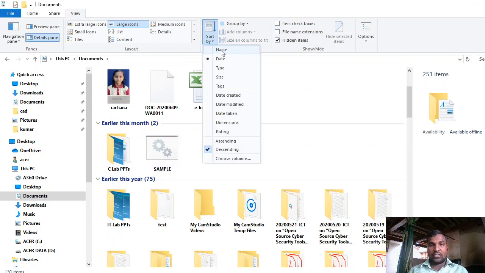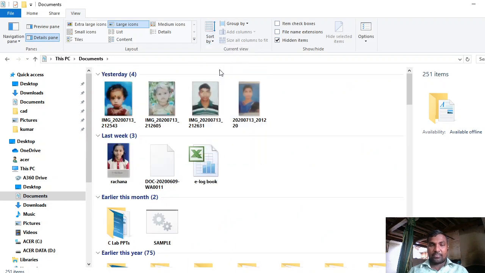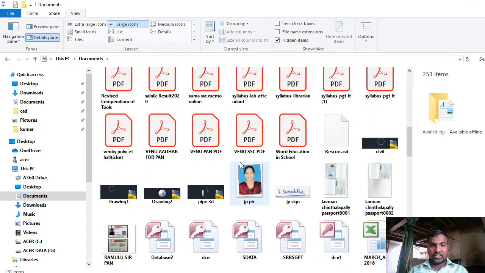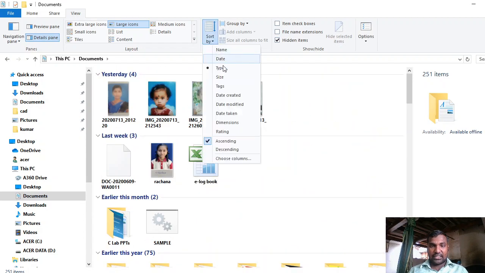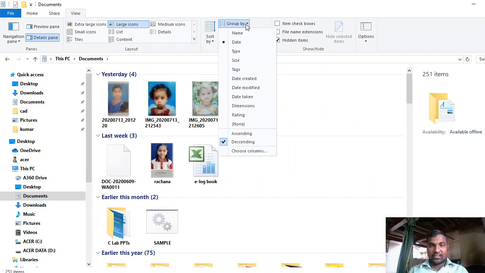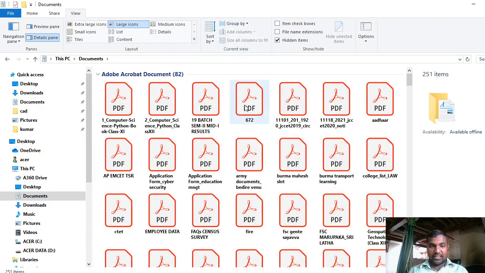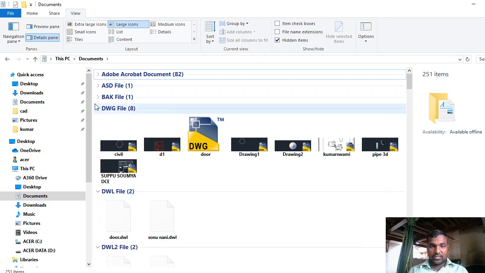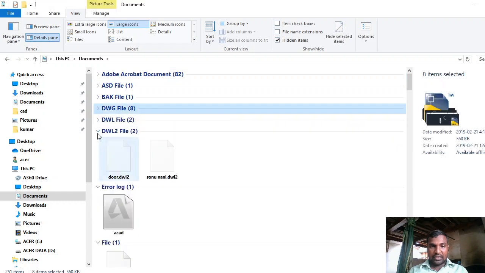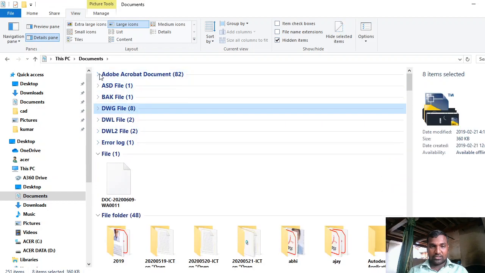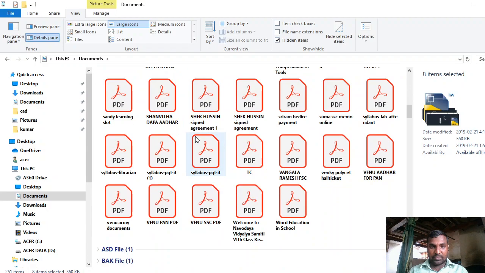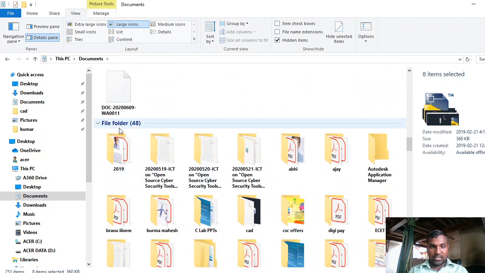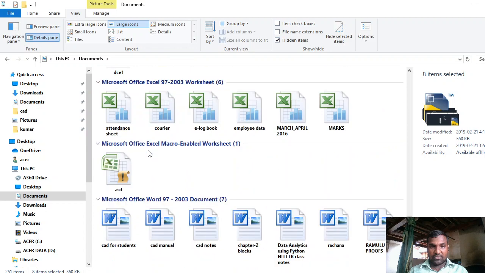Now I want to sort. Sort by what? Sort by type. Then all the files and folders are sorted by type, and then group by what? Group by type. Then all the items of similar type are grouped together like this. So all the Adobe PDF files are available under one group, and all the file folders are available in one place.